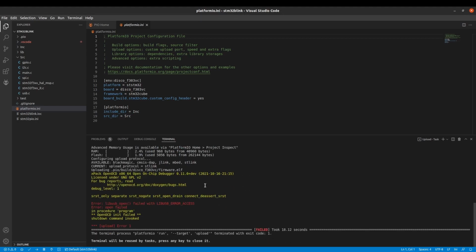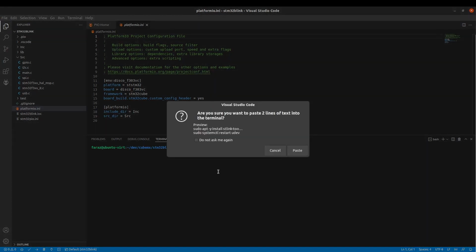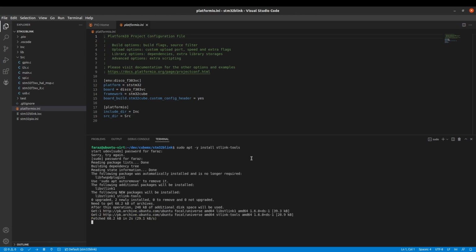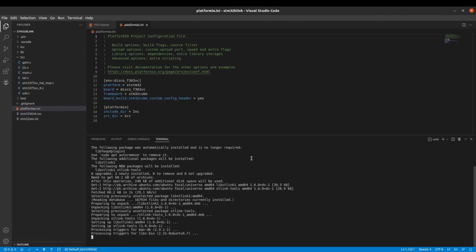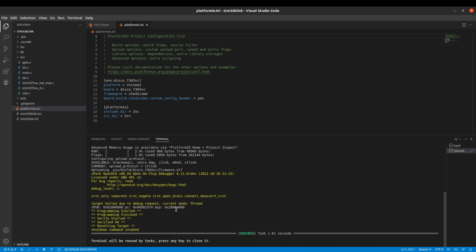Yeah, just install the ST-Link tools package and restart udev. Wait for it to download and install, and replug the board. Let's try it again. Okay, great, it works. Now on different Linux distros, you might have to create a udev rule file or install